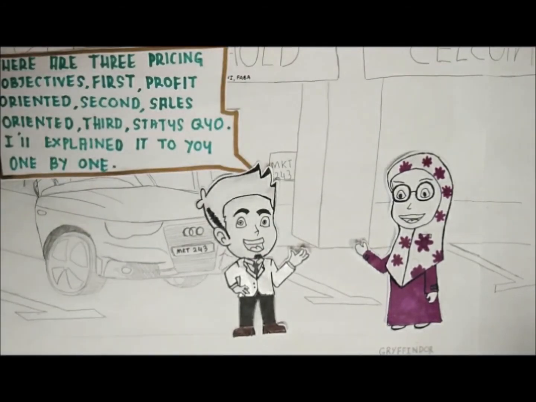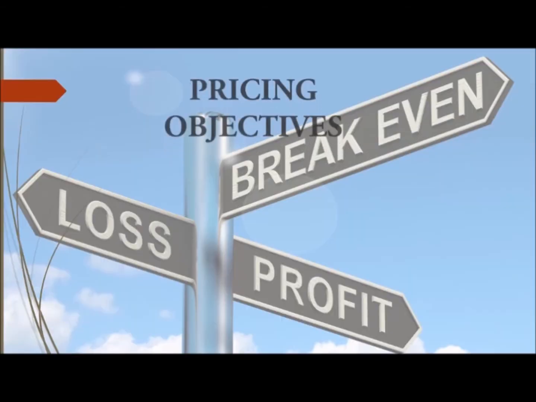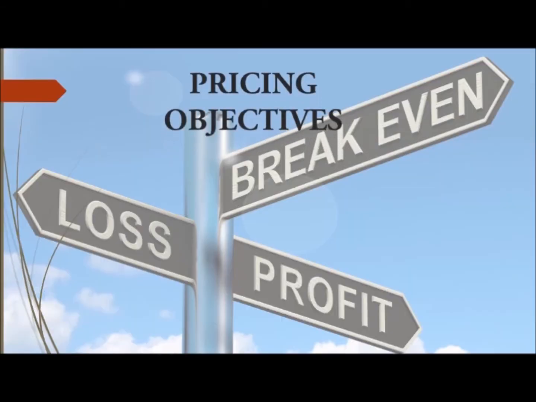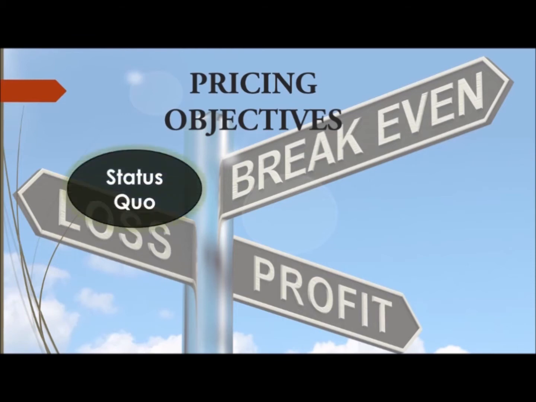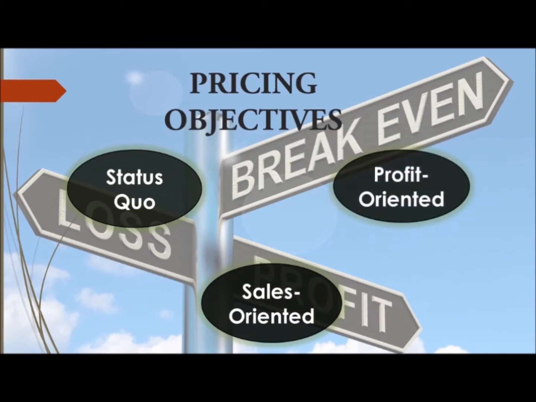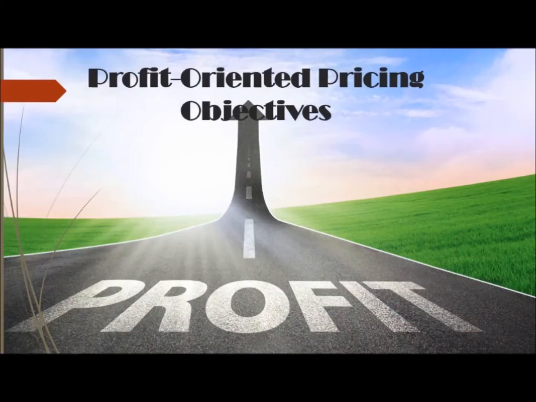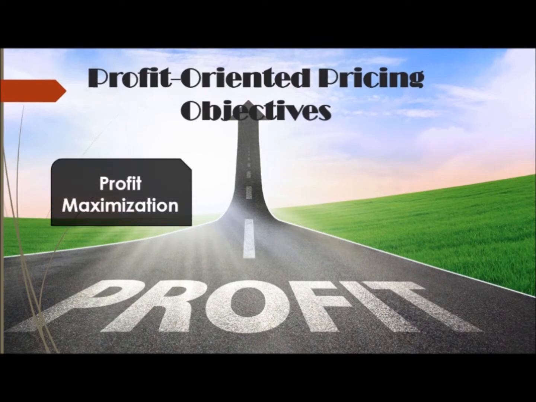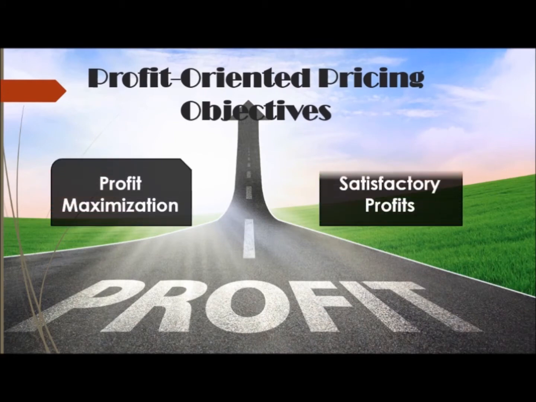Actually, there are three pricing objectives. First, profit-oriented. Second, sales-oriented. And third, status quo. And I will explain it to you one by one. Pricing objective. There are three pricing objectives. First, status quo. Second, sales-oriented. Third, profit-oriented. For profit-oriented, there are profit maximization,